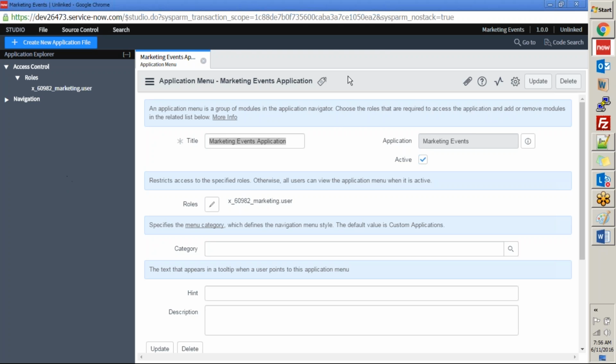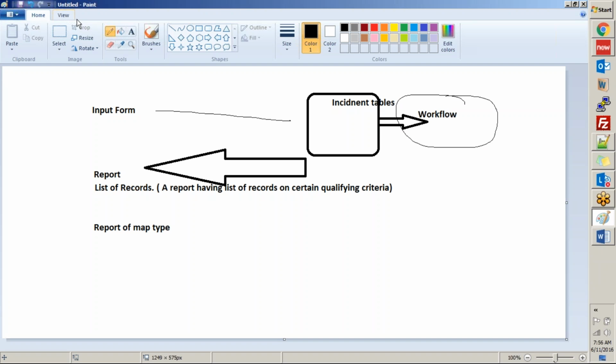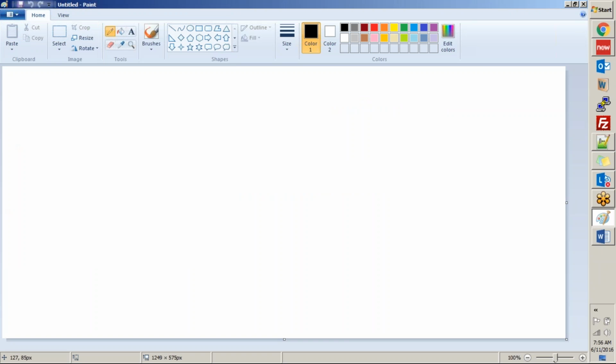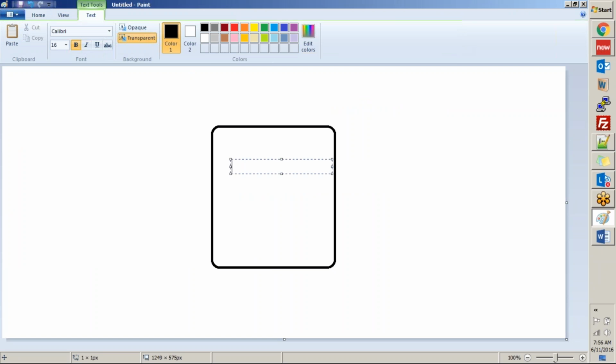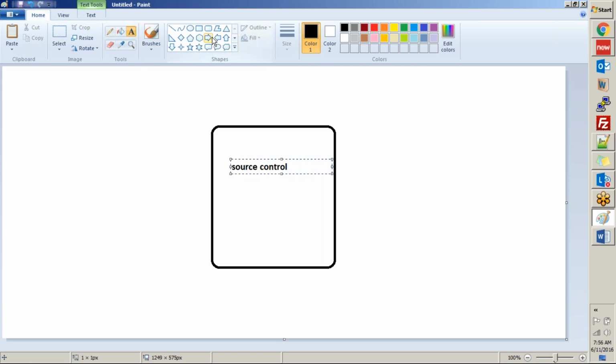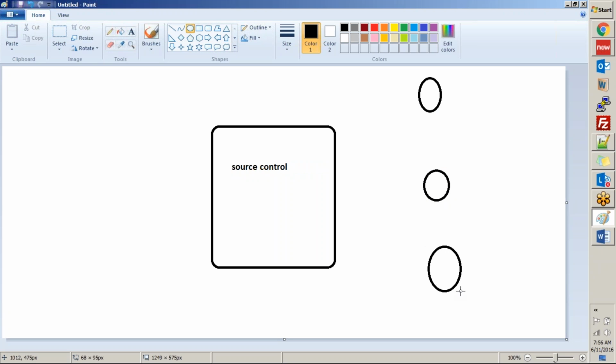So for that, what you do is you use some sort of source control mechanism, right? And source control, think of it as a single repository, here, which is a centralized repository, and then you have different users of that repository. For example, this is user 1, user 2, user 3,